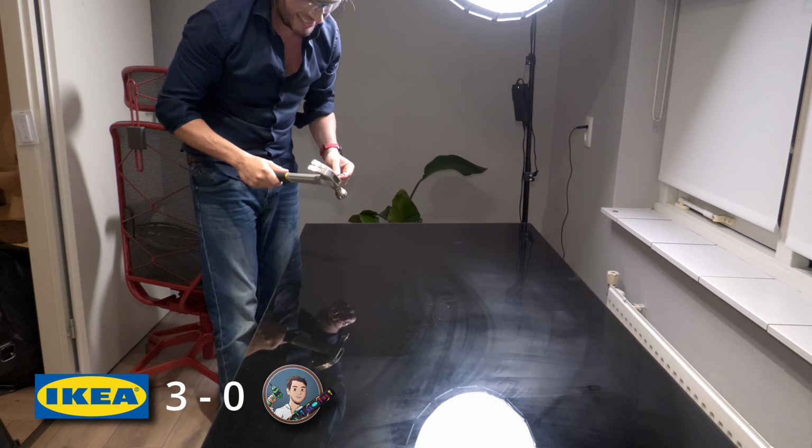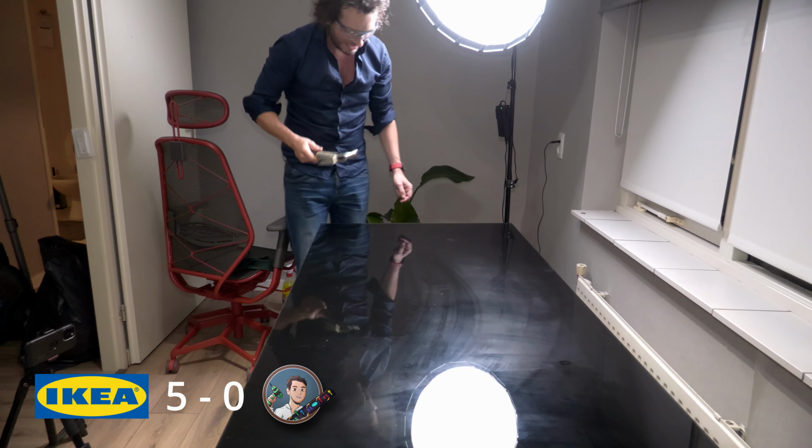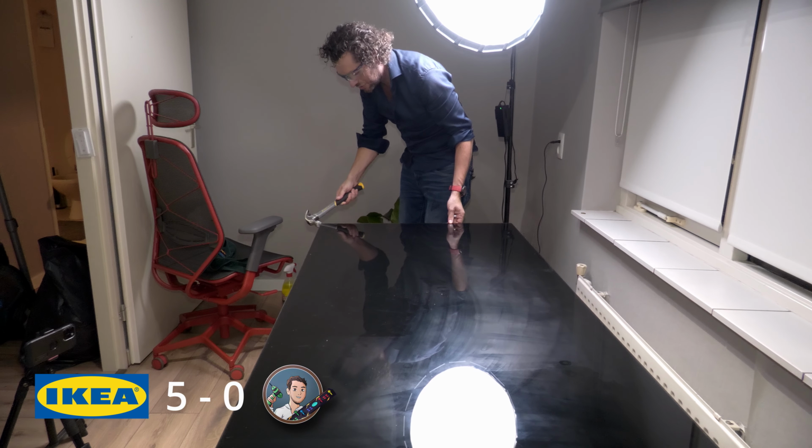Wow! This glass is really good. Let's try the side. One, two,